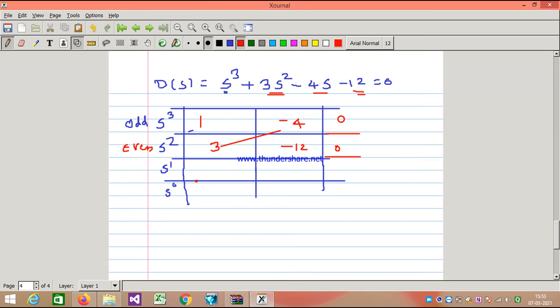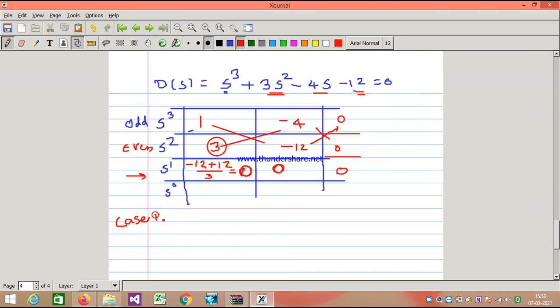3 into -4, that is -12, minus 1 into -12, that is +12, divided by 3. So it becomes 0, right? Now for the next one, again this into this, 0 into 0 is 0, so everything is 0. See, in this row, all coefficients are 0. This one is 0, this one is 0, this one is 0. So what to do? This is the type of case 2.